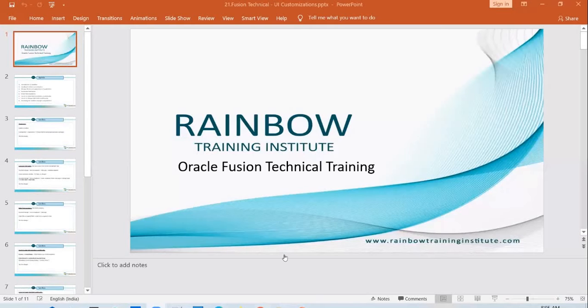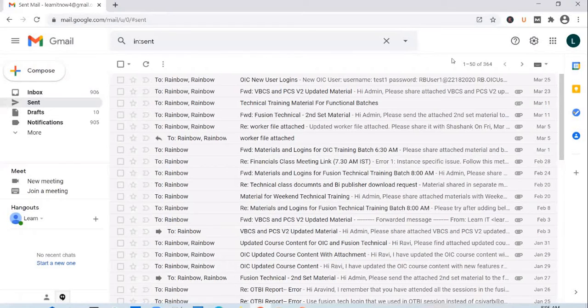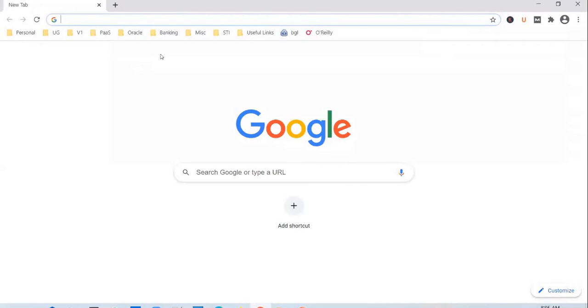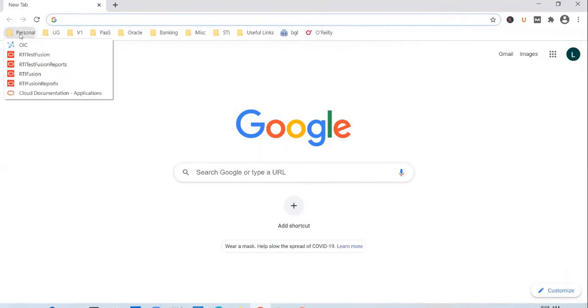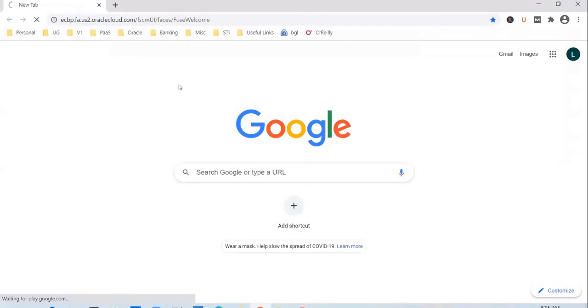Yeah, so I was trying the ECBP instance with Fusion.tech, but I was not able to get into it. I had a similar problem yesterday also. Okay, is there something going on in that? Now, as per the instruction given to me, I had reset the password of the Fusion.tech user, and the old batch students, or all those who have the Fusion.tech user login, might be trying it out with the old password. The tech user might have been logged out.